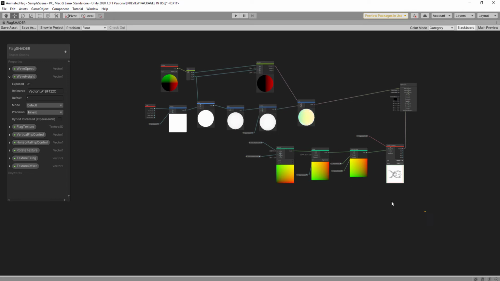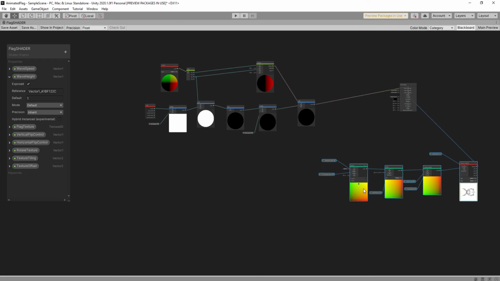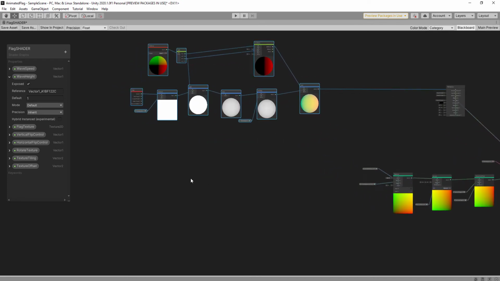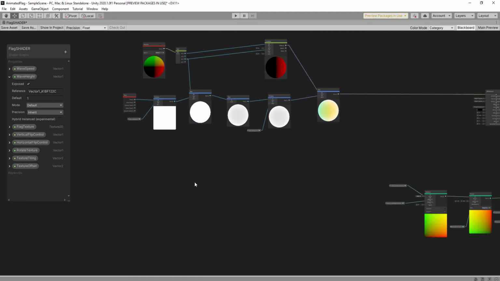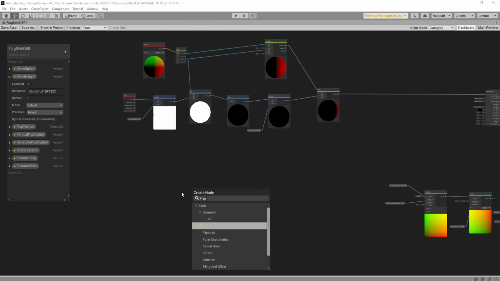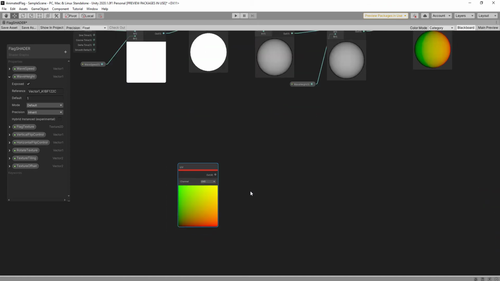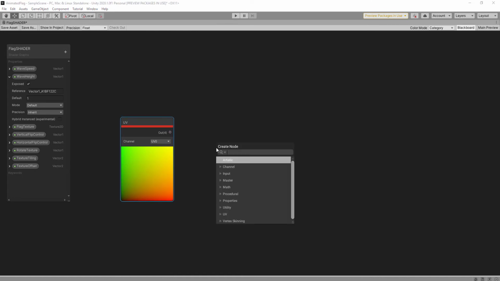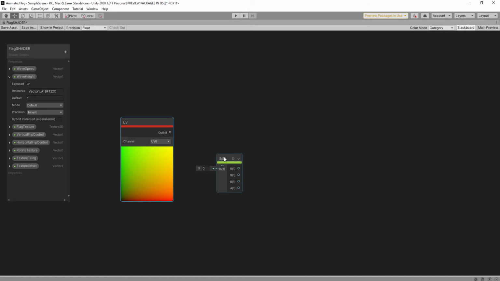At first we can move these nodes, and at first we can add a UV node. Yes, as you see, and split, because we have to split the axis, whatever axis we want, and link here,